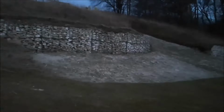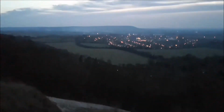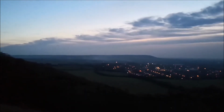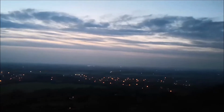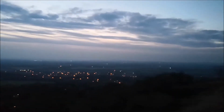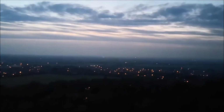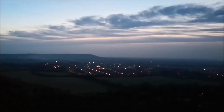Here is the cross portion of the carving. So here's the cross, goes down from the triangle, and there is Buckinghamshire. So I've been down in Monks Risborough. I think down there is Princes Risborough. I'm going to continue up